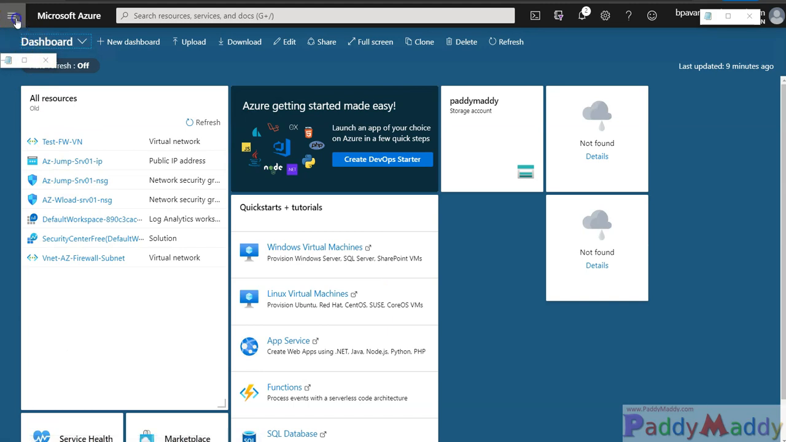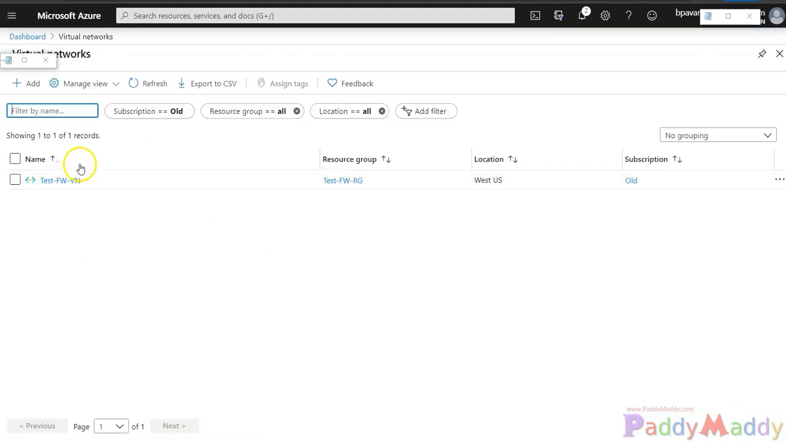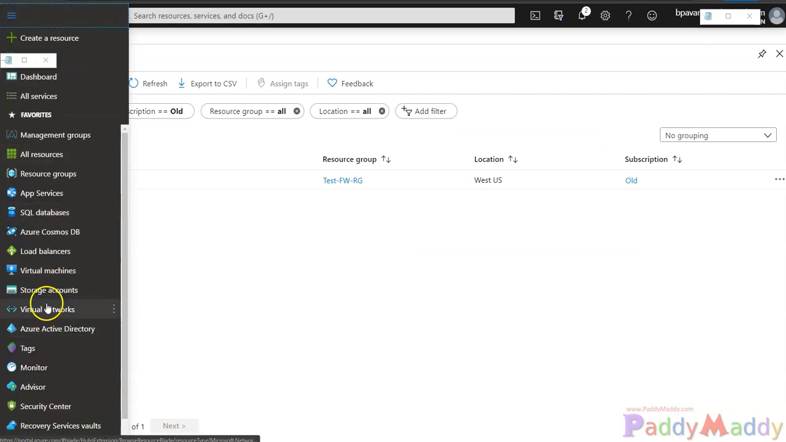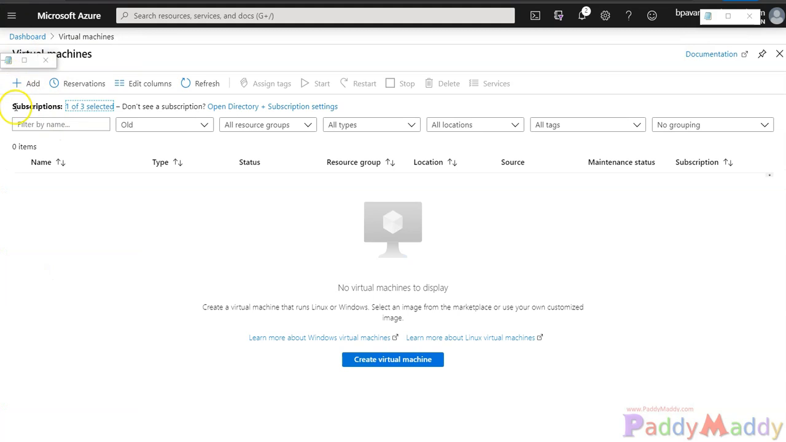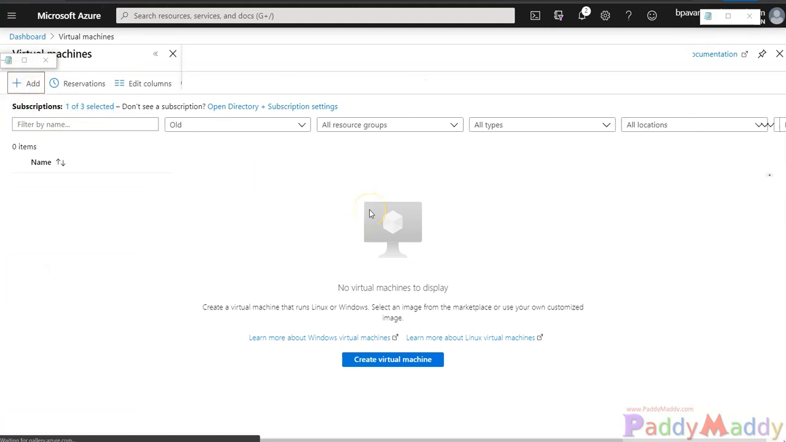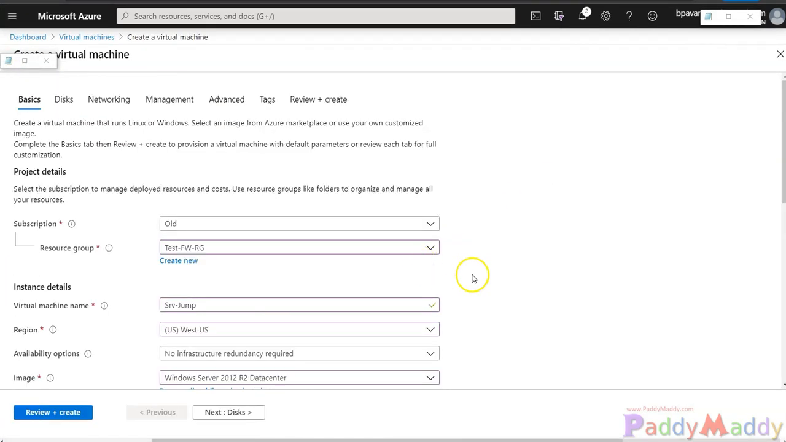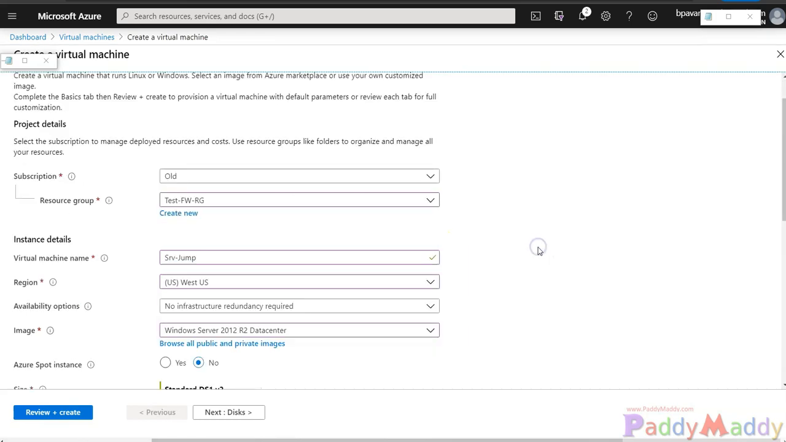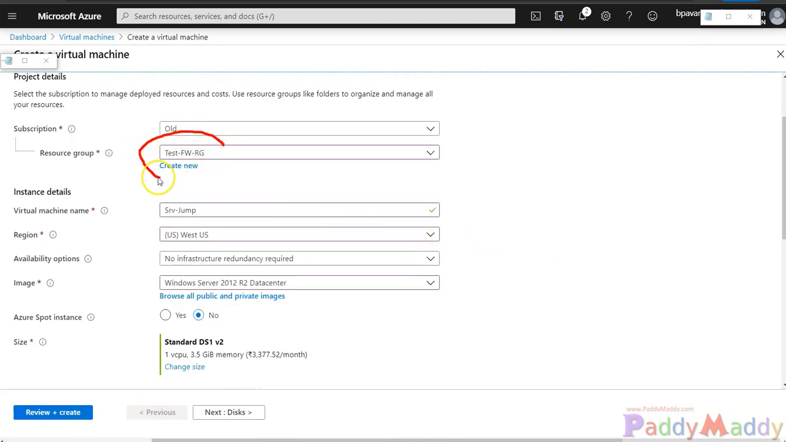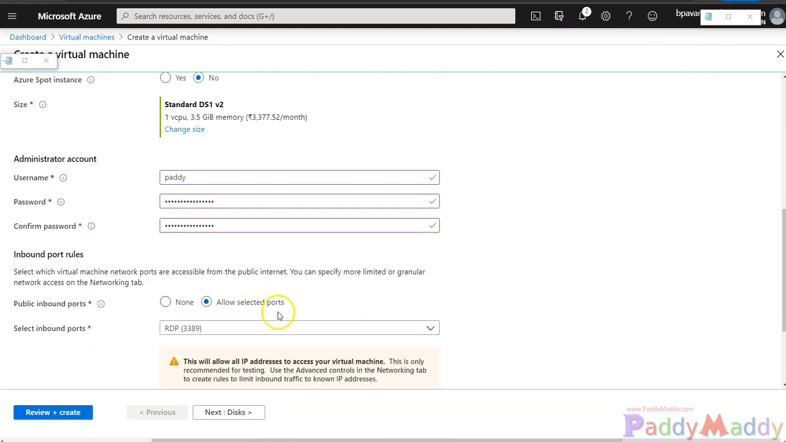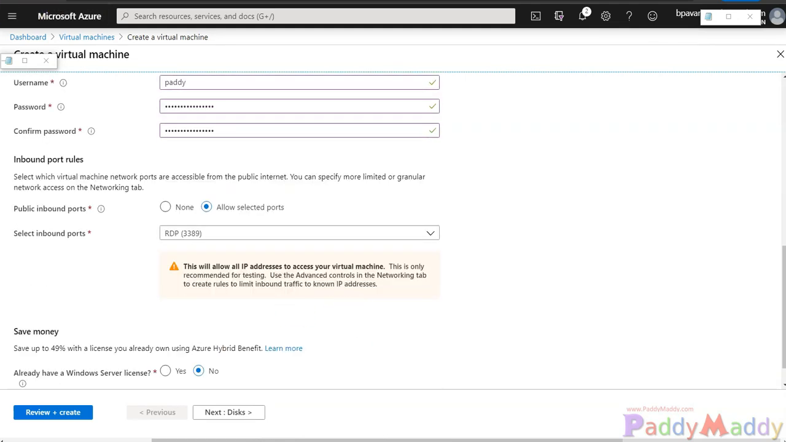Now I'll just go back to the virtual machines and try to create a virtual machine. So before that, let me go back to the virtual machines here and click on add. So here I need to create a new virtual machine. So click on add, select the right resource group, that is in our case test-fwrg. All the time I'm trying to choose this, and here the machine name I have chosen as server jump. So one server I'm creating as a jump server, and it's a Windows server,